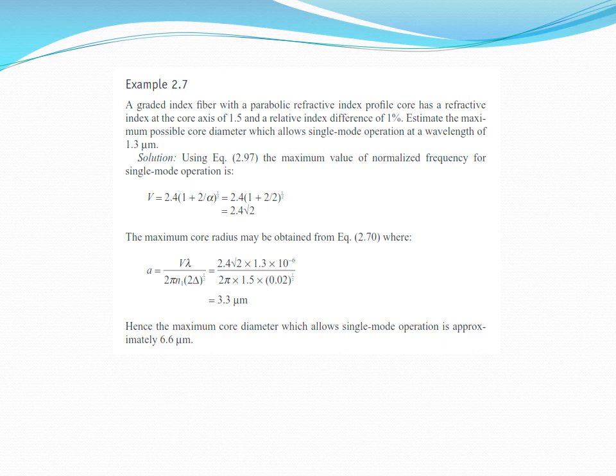So now we will find what is V. Once the value of V is known, we can find what is the maximum core radius. It is 3.3. And if the core radius is known, we can find what is the core diameter, so it is multiplied by 2. So we get a diameter D is equal to 2 times A, which is 6.6 micrometer. So that is allowing single mode operation, because whatever the size of the fiber core diameter we consider, that falls below 10 micrometer, because the size of single mode fiber is found to be 2 to 10 micrometer or 5 to 10 micrometers.